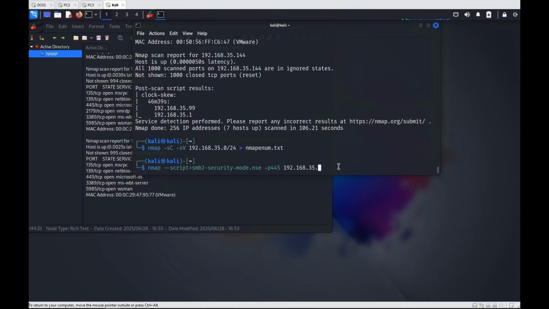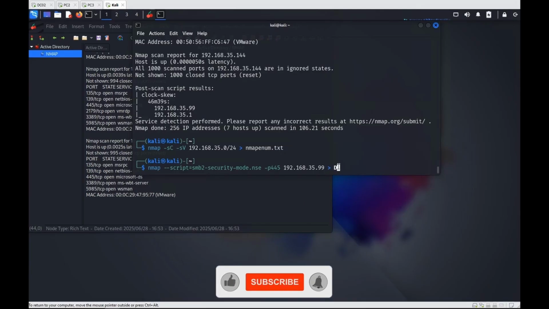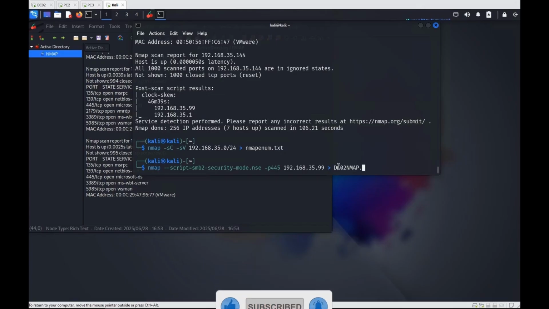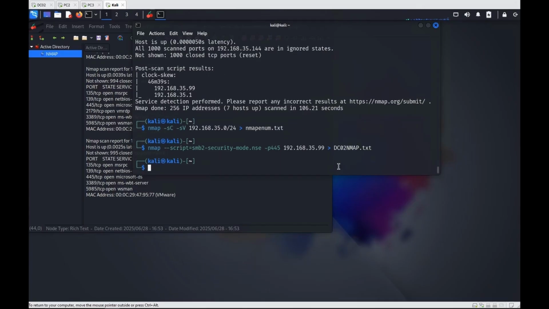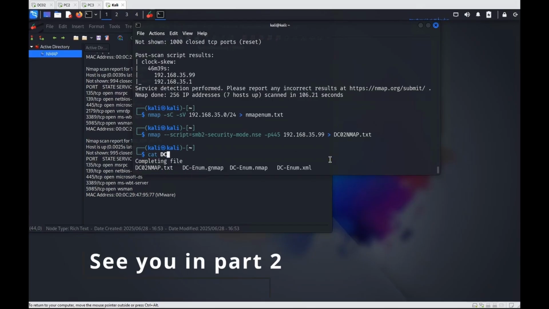If you want to use 99, for example, you can use that as well. Then export to DC02 nmap text, so you can export that as well. If you see right here, it is exported already. If we do cat DC02,